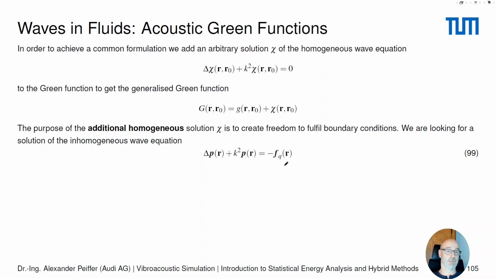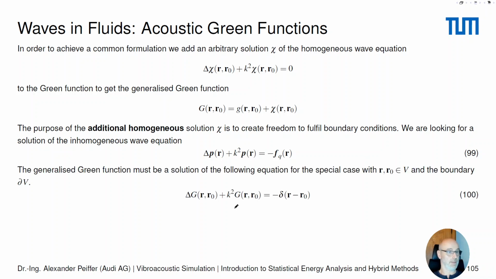This is the inhomogeneous wave equation. So this is where we need a solution for any complicated spatial distribution of sources. It could be a propeller, it could be loudspeakers somewhere, it could be a vibrating surface, and so on and so on. So again, the generalized Green function must be a solution of